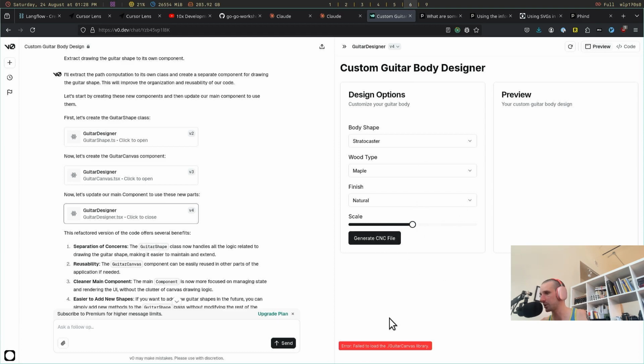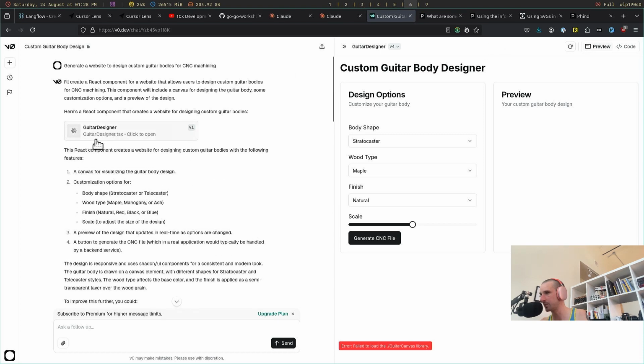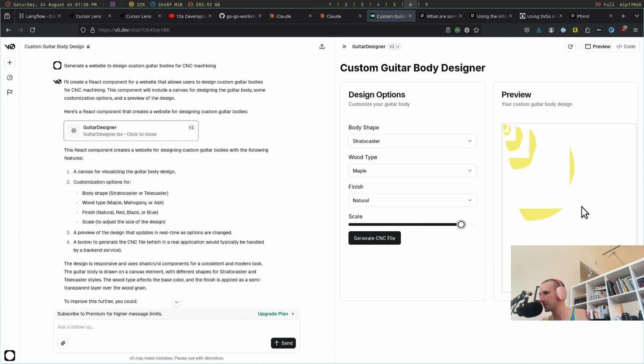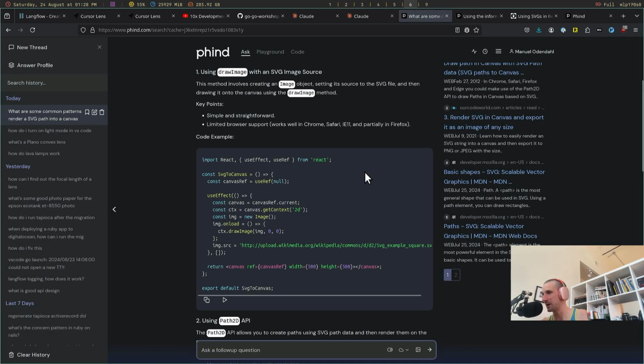So of course here the component doesn't work. I don't know if it's v0 or whatever, but we know that this is a good start, and maybe the graphic designer would say, nah, we want to visualize it up top here, and we don't want to call this preview, we want tabs. All of that we can probably get a prototype going, and that's the stuff I hate writing in React, right? I hate figuring out which tab component to use to do what, and then styling the button down here. My HTML actually looks absolutely horrible